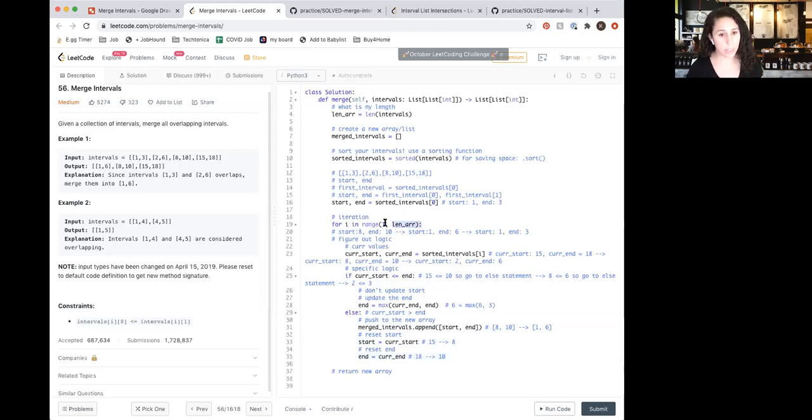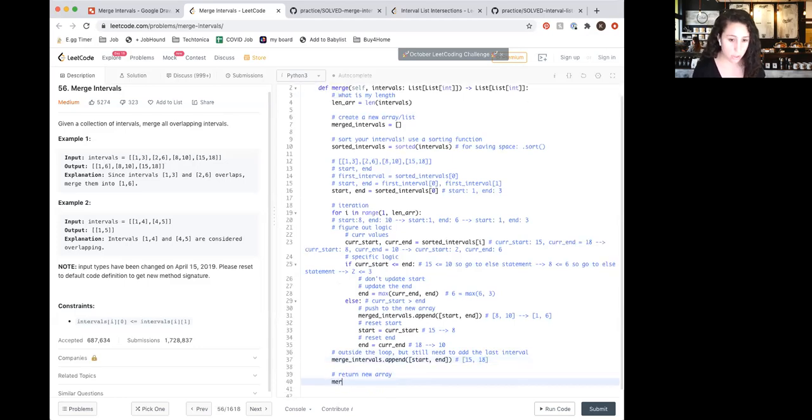Now, you will notice we have gone the entire length of our array here, but we still have a start and we still have an end. So sometimes this needs to happen outside the loop, but we still need to add the last interval. So how would we do that? Merge intervals, append, start, end. And this right here would append 15, 18. So that when you return,